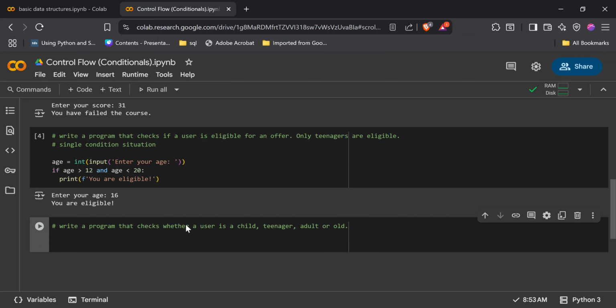Now we have multiple conditions here. We have child, teenager, adult, or old. So how do we do that? We're going to say age, and this is a case of multiple conditions. So we say age equals int input, and we enter your age,